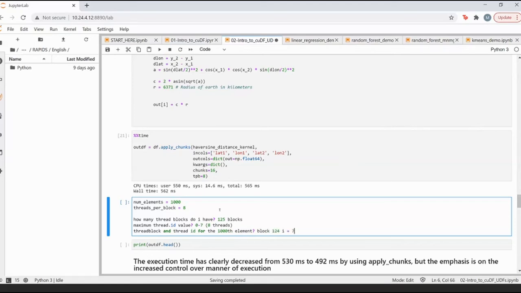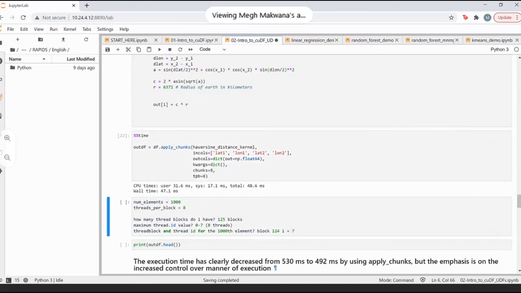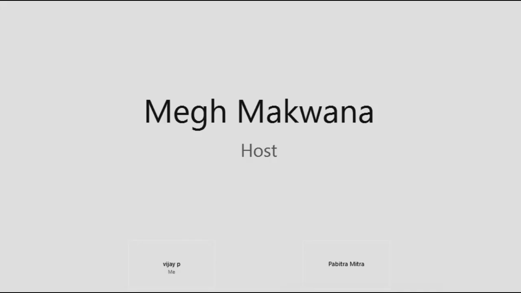So essentially, let's now also bring this to 8 and run this. Now let me share my terminal window. Let me stop sharing this, and let's confirm our understanding.